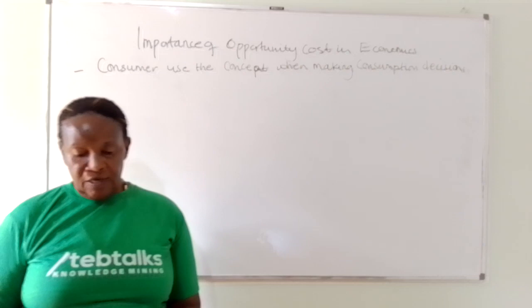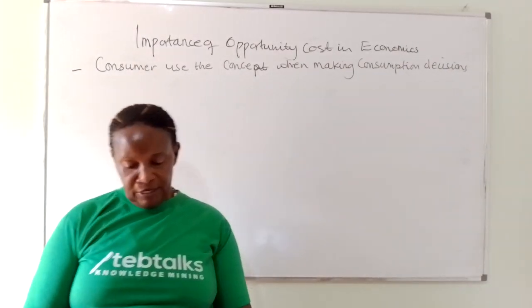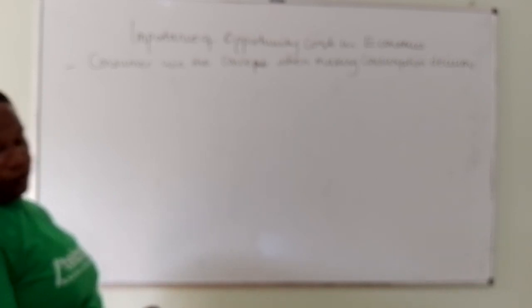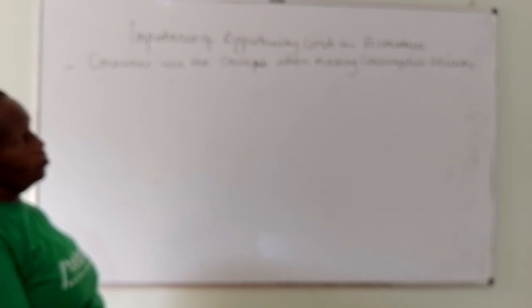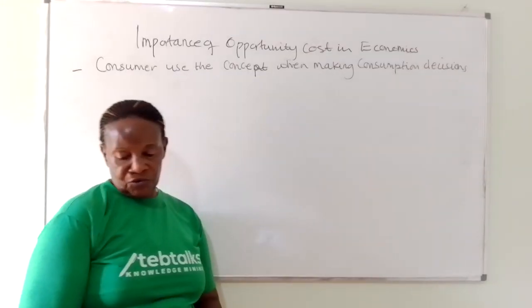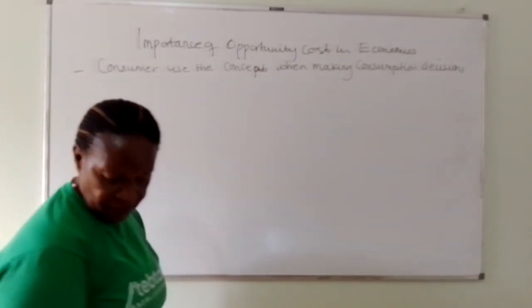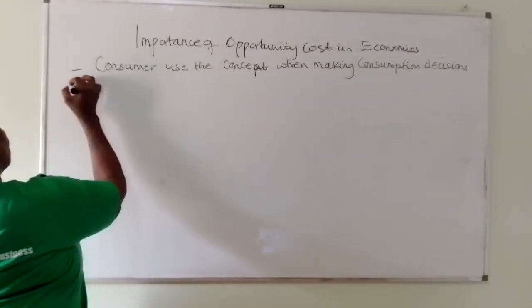We have seen that resources are not enough, and consumers have unlimited wants, and they usually want to maximize their utility. So if you have your limited resources against the unlimited ones, and you want to maximize your satisfaction or your utility, definitely the element of opportunity cost is always there. Whatever you choose becomes your choice, and whatever you leave out becomes your opportunity cost, knowing that the choice is going to give you the maximum amount of satisfaction.